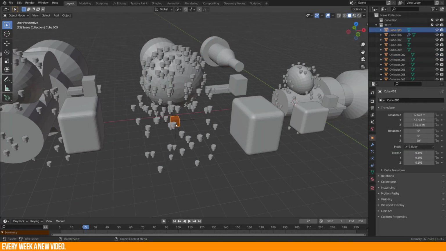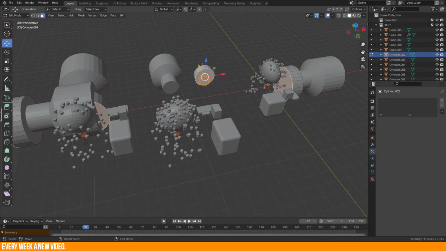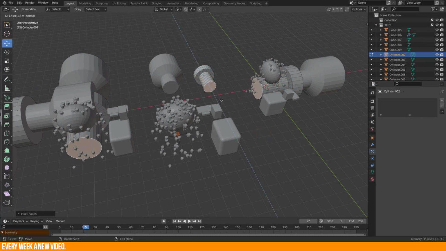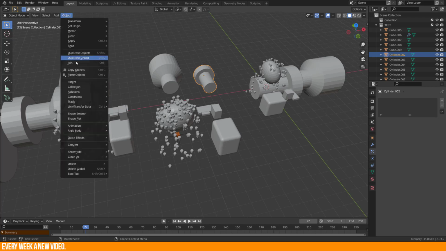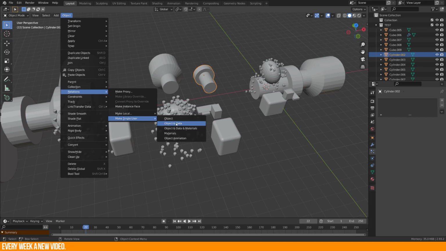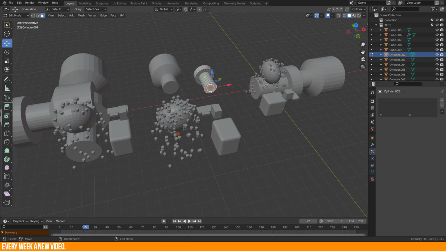Care about particle effects. The particles will be transformed to single objects. But when you enter the edit mode, then you see that all objects of the former collection are still linked. So materials, geometry and shading will be shared. If you want to unlink this, then use the Make Single User function. Object, Relations, Make Single User, Object and Data. Every instance and linking is dissolved now.